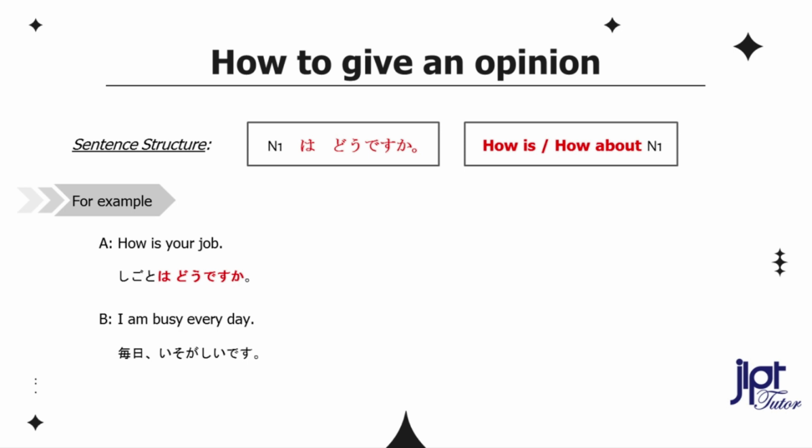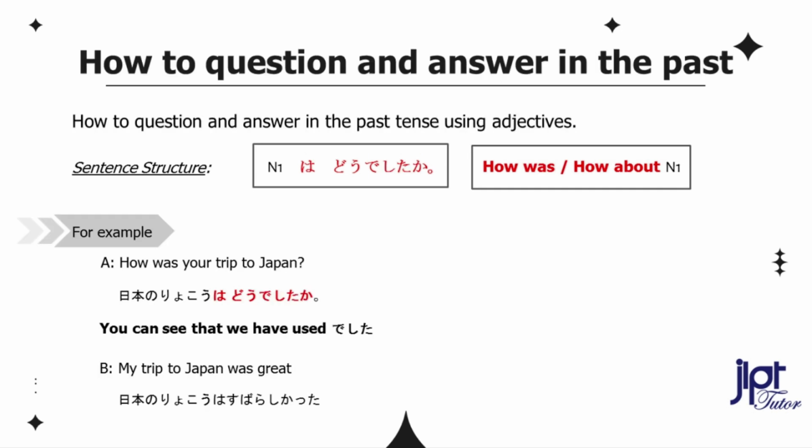You can practice some similar sentences in your notebook. How to question and answer in the past tense using adjectives. Now that you know how to give your opinion in Japanese, let's learn how to question and answer in the past tense using adjectives. For example, if someone is asking, "How was your trip to Japan?" he will say, 日本の旅行はどうでしたか？